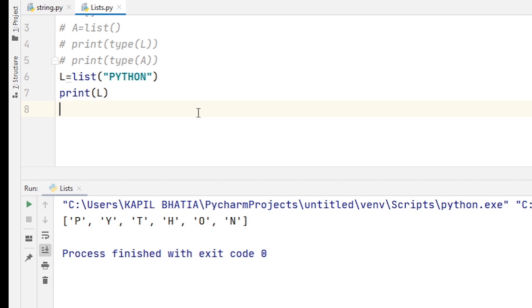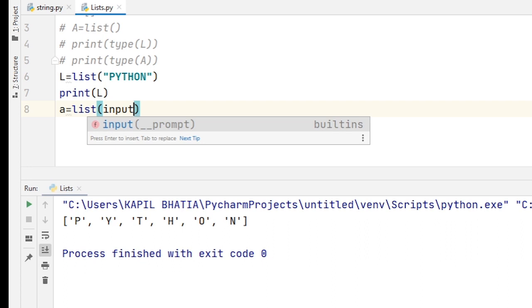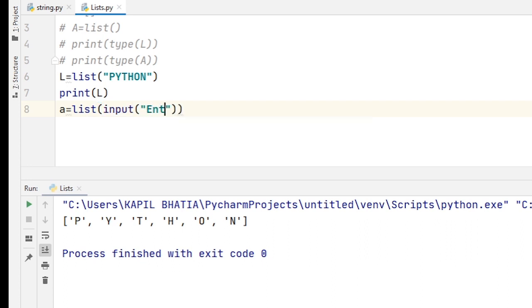We can also create a list from keyboard input. Here I show you how to create a list from keyboard input. First I create a variable A is equal to list method, then I use the input method, enter list elements.